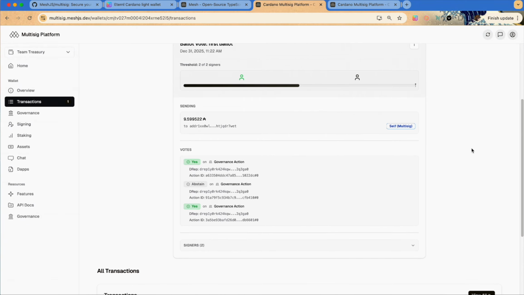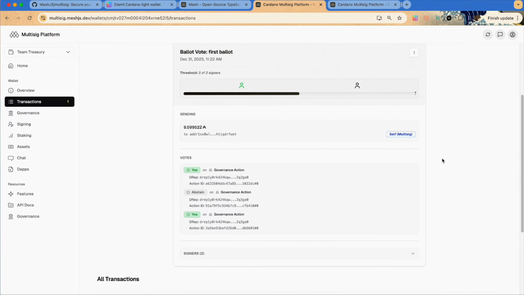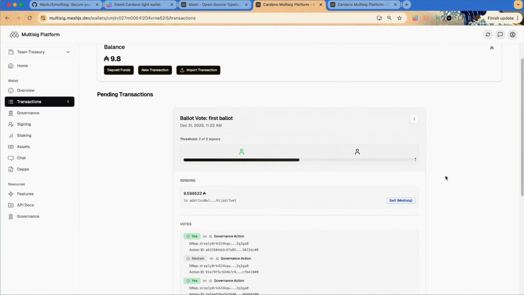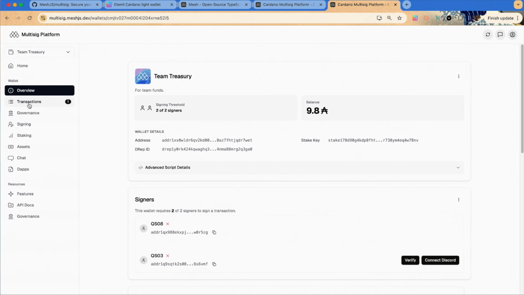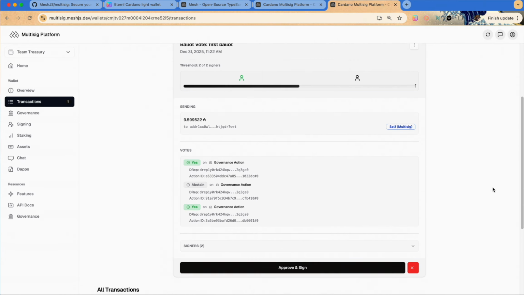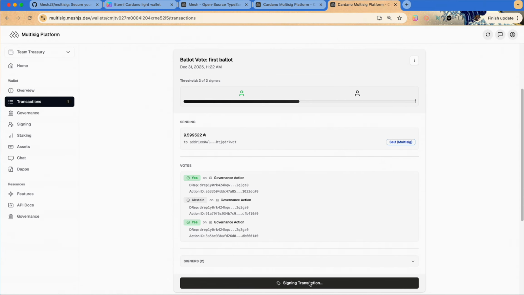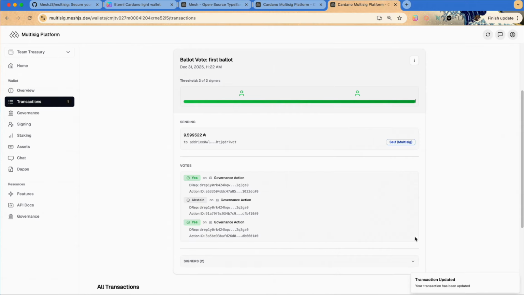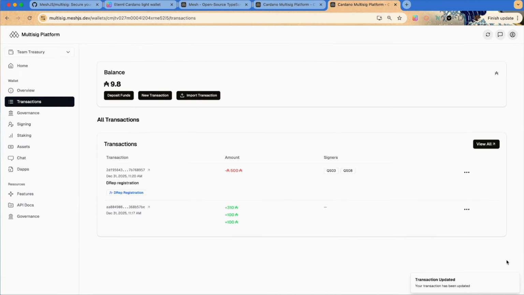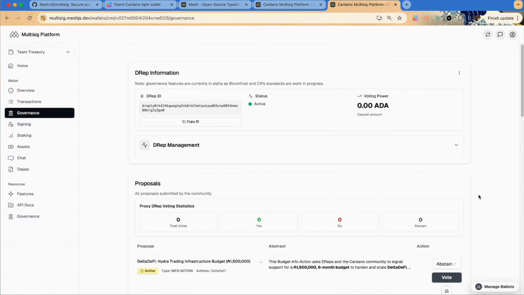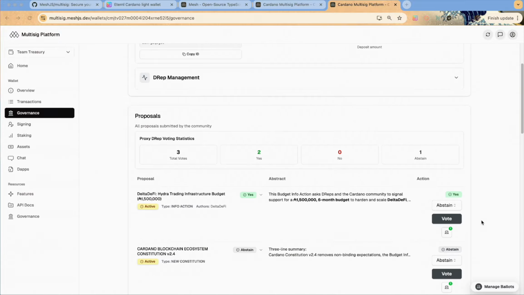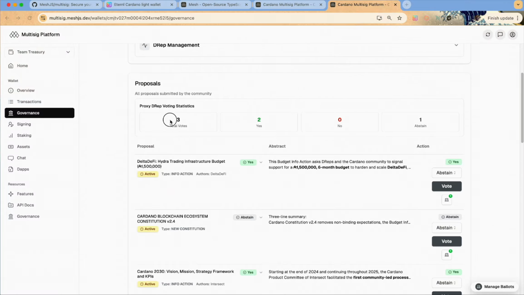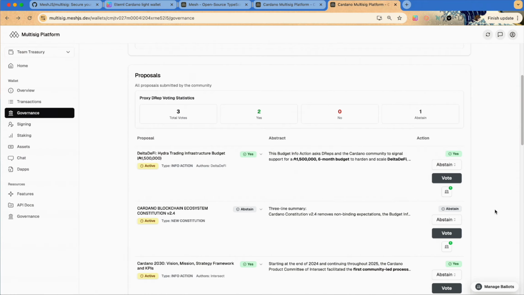Now we see in the transaction tab we have our first ballot vote. And now we can approve our first ballot vote. The threshold was reached and the transaction submitted. Now we just have to wait a moment until it is properly recorded on-chain. Now we can see that the vote was actually recorded on-chain, and we have a small statistic on how we